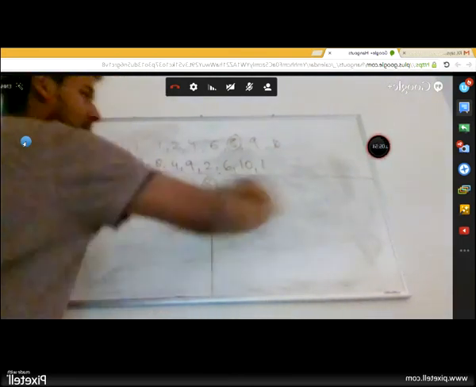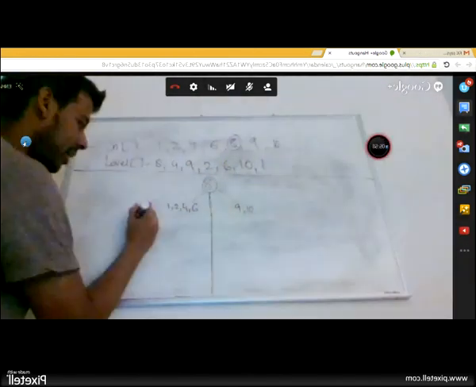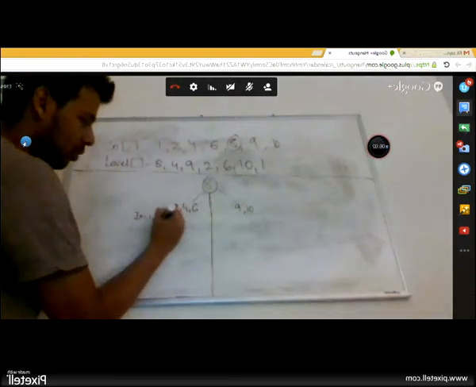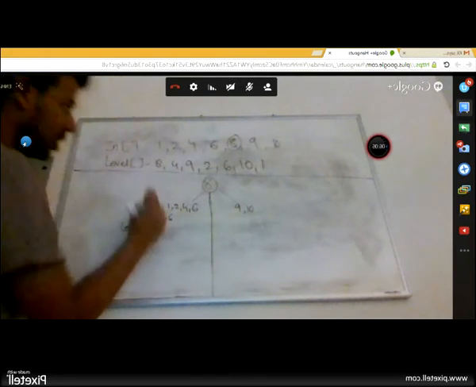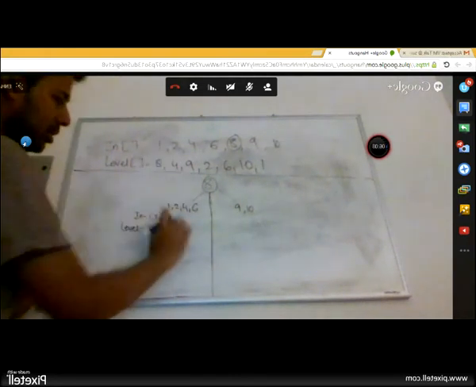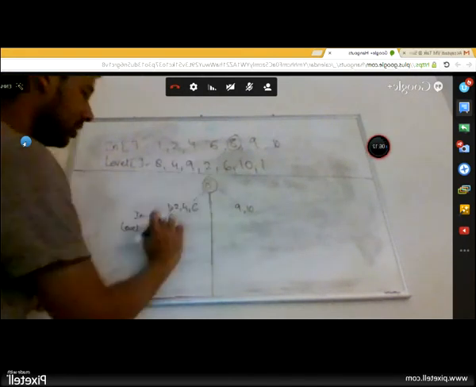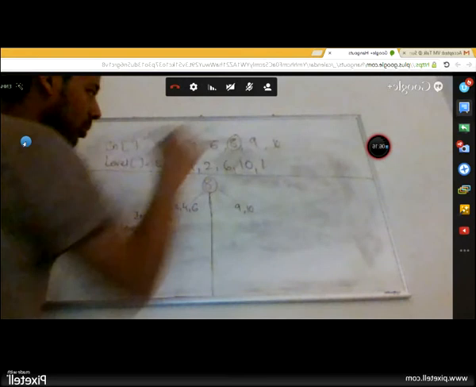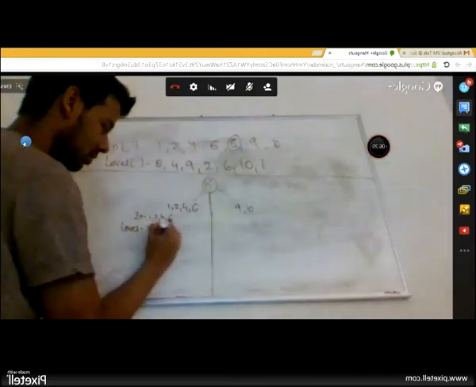Now let's just focus on the left. Let's pretend that the right does not even exist. So look at this. My in-order traversal is 1, 2, 4, 6. Take your level order traversal. Forget elements which are not one of these, but just write down the order of these elements in here. 1, 2, 4, 6 are here. So write it down the way it comes in level order: 4, 2, 6, 1.